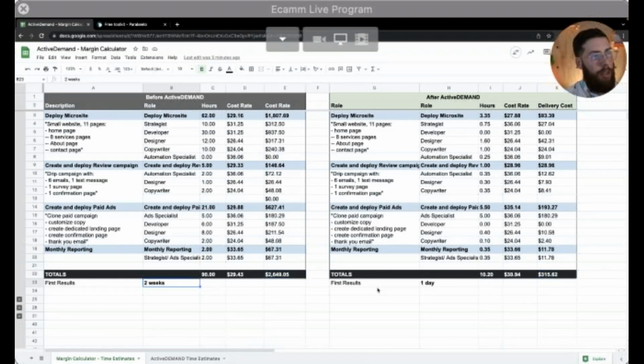Another important thing to note is the time to value, which, if you're familiar with the $100 million offers framework from Alex Hormozi, which I think is a really great framework for thinking about offers, is a massive factor in terms of how valuable something is perceived to be by the client. If you can get them something that is actionable within a day as opposed to 2 weeks, that is a pretty significant increase in the value to the client in a world where you're selling results